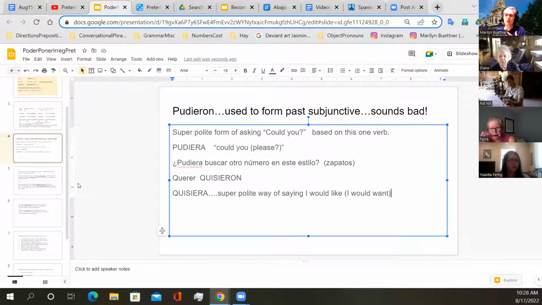Quiero means I want. And in a lot of situations that works okay, like fast food ordering, because you got people waiting behind you in line. They want to get you in and move you on. So they're not really interested in a lot of verbal exchange. But, quisiera,